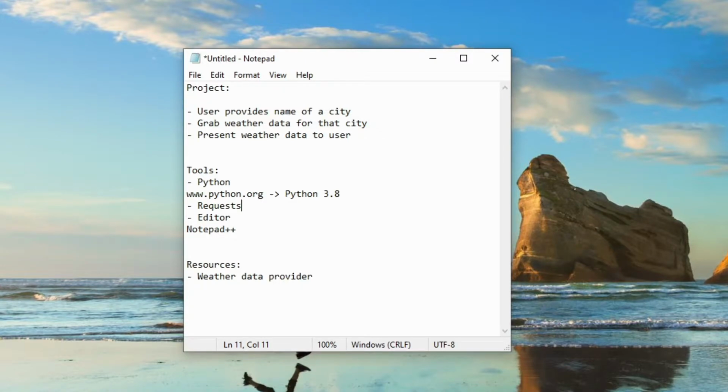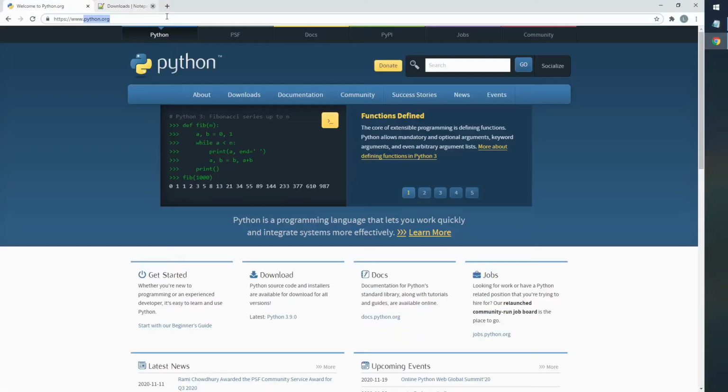So having said that, I believe we are covered for most of what I want to discuss. So the next step here is to research for a weather data provider. Now, as I mentioned, I already have a weather data provider in mind, but I want to walk you through the thought process. So let's Google for